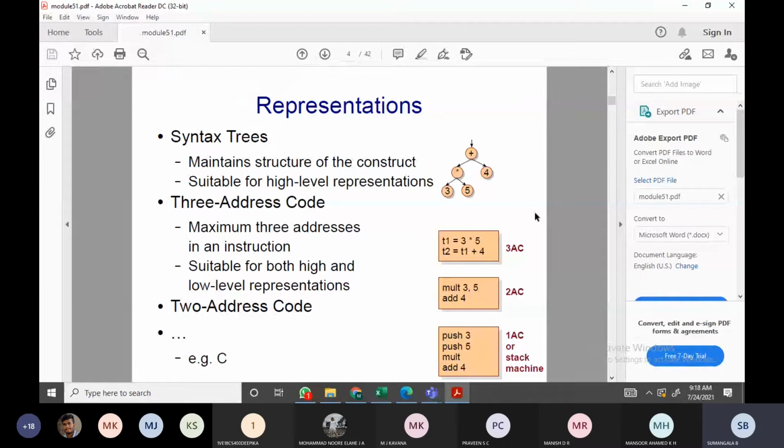So now we will understand how we represent the intermediate code. There are so many ways to represent this intermediate code. One form is by using the postfix notation. Another form is by using syntax trees. There are so many ways to represent this